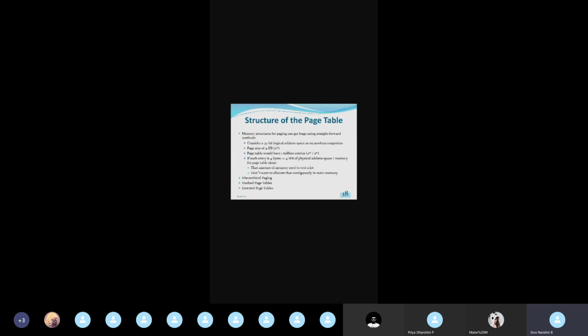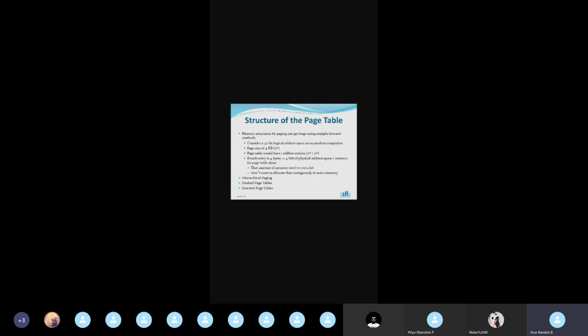So instead of this simple paging, I am going for other types of paging, that is hierarchical paging, hashed page tables or inverted page tables. To overcome this disadvantage, that the page table alone consumes a lot of memory and I need 4 MB of continuous space, which is somewhat of an overhead to the operating system.